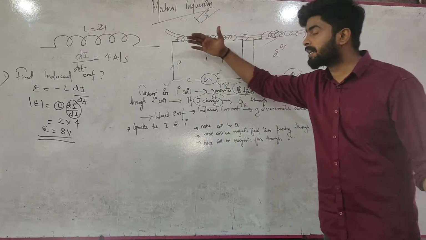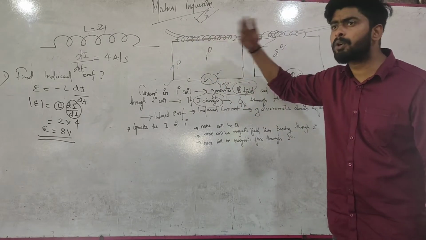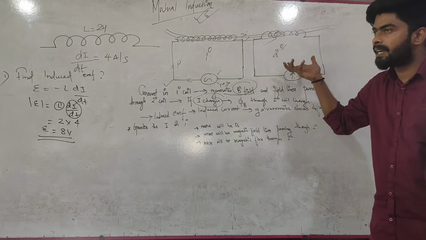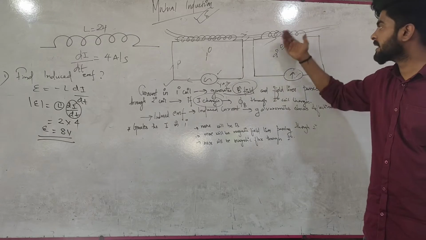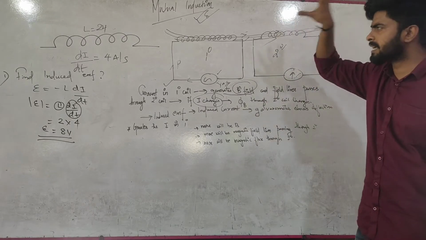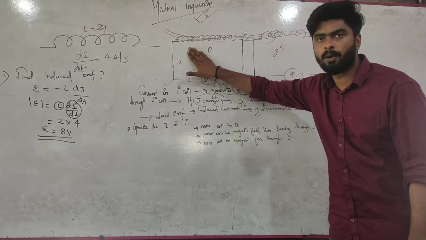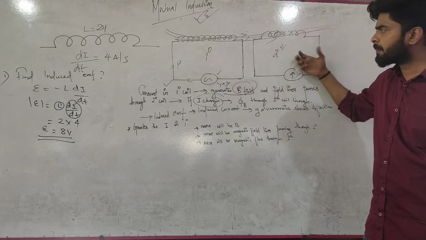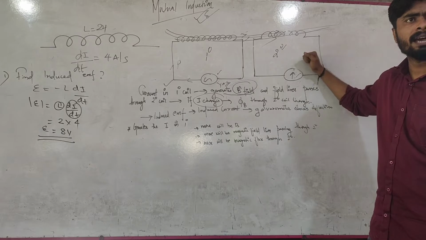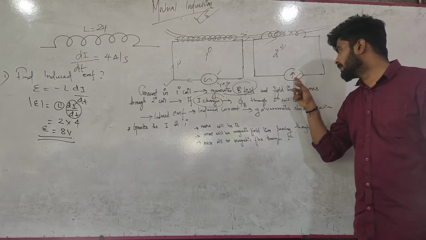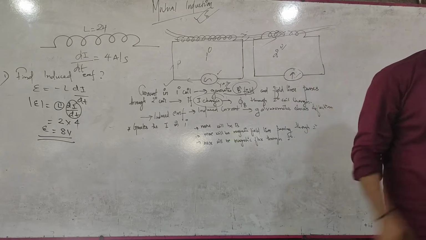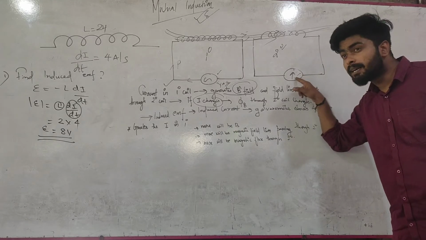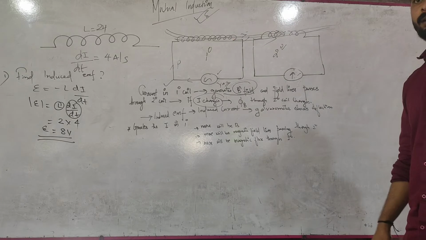And hence the magnetic field lines, the number of magnetic field lines, also will change. So the magnetic field lines available to the secondary will change constantly. Or we say that the magnetic flux linked with the secondary coil due to the primary coil is changing continuously. So if magnetic flux is changing, an EMF will be induced in this coil. And hence an induced current will be there, which will be shown in the galvanometer by its deflection. And hence you can detect the presence of current in the secondary coil. This is called mutual induction.